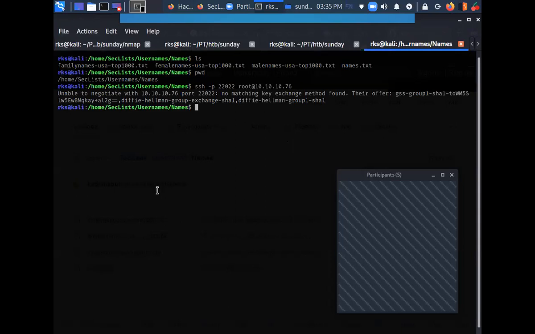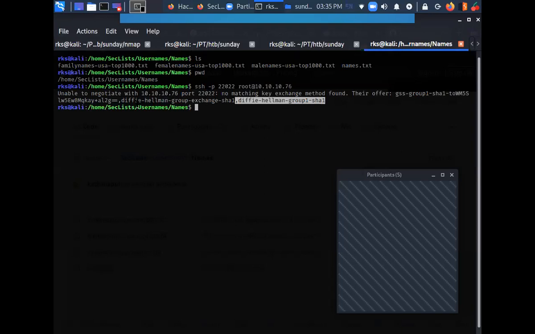So it is telling me it is not able to do SSH because of a protocol version mismatch. We are using some latest protocol and the target server is using some downgraded protocol, so we are not able to do SSH. It lists the available versions here: Diffie-Hellman group something.